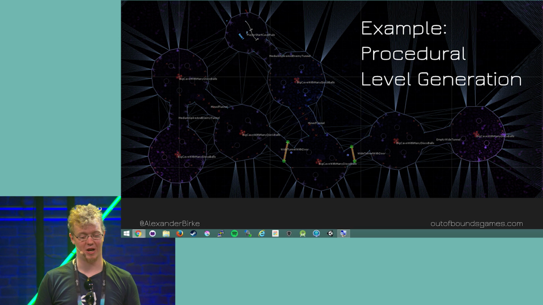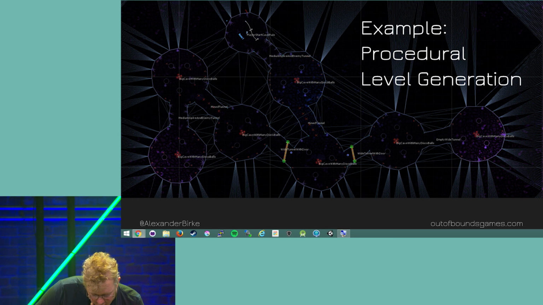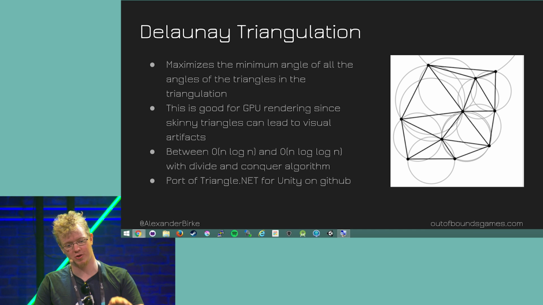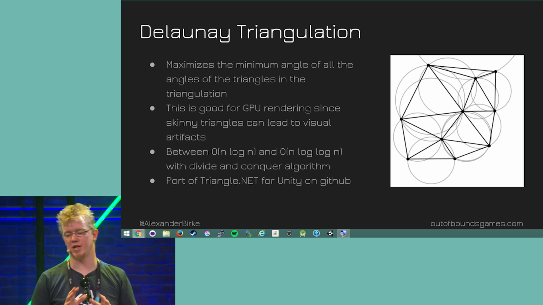And how am I doing it? I'm actually cheating quite a lot. I'm using something called Delaunay Triangulation. That's where the triangle.net I talked about earlier comes into play. This is basically a technique that was developed